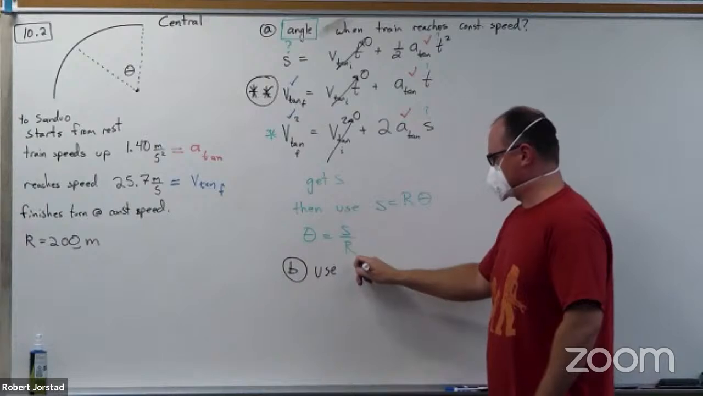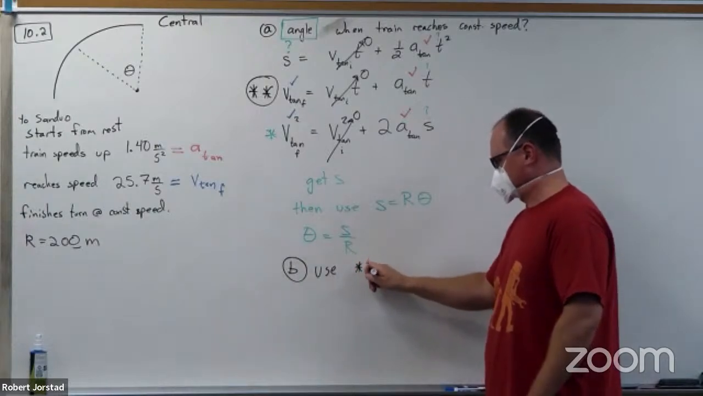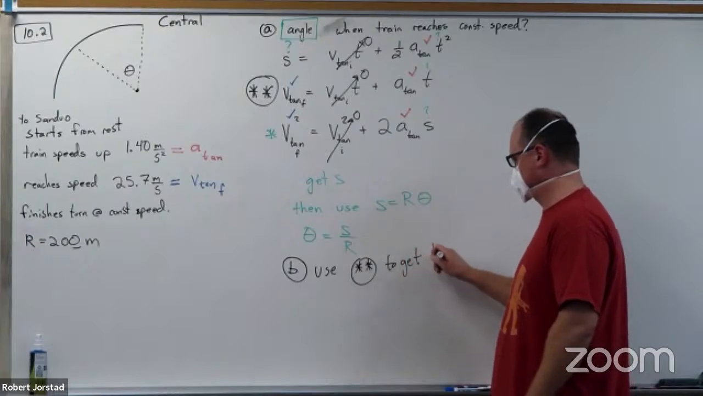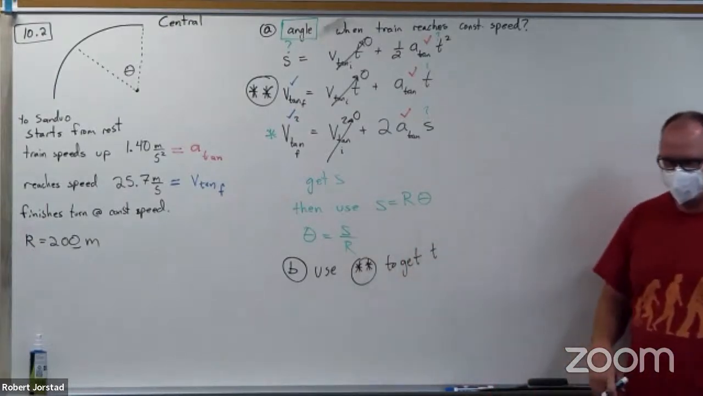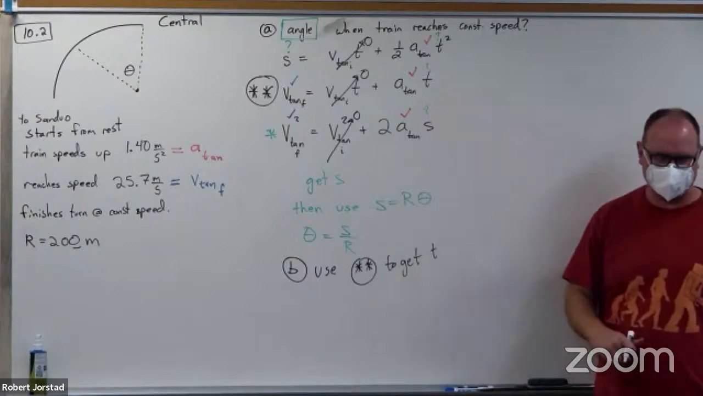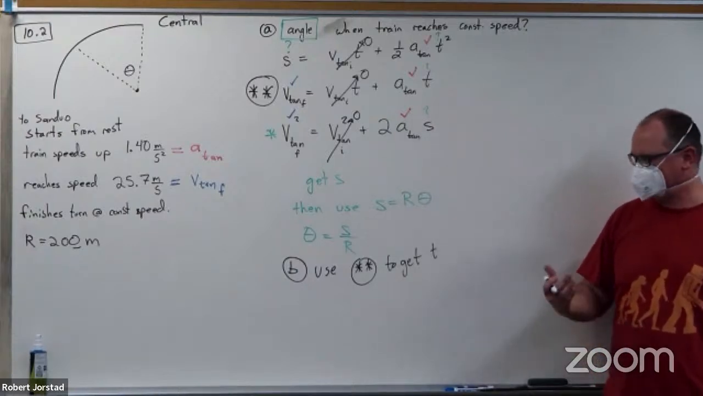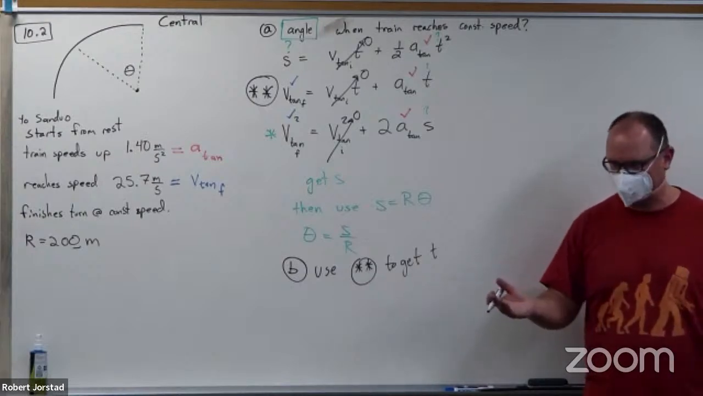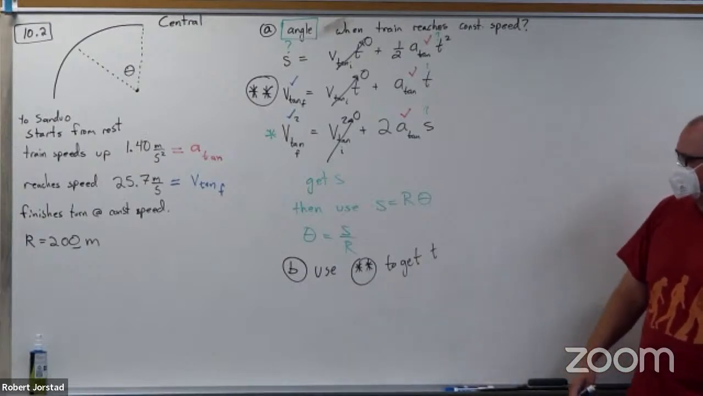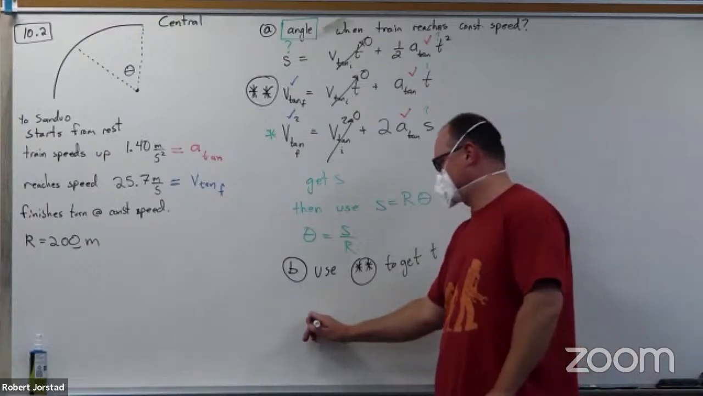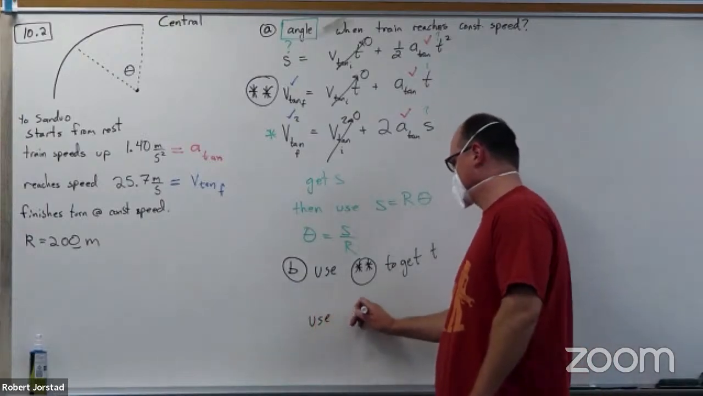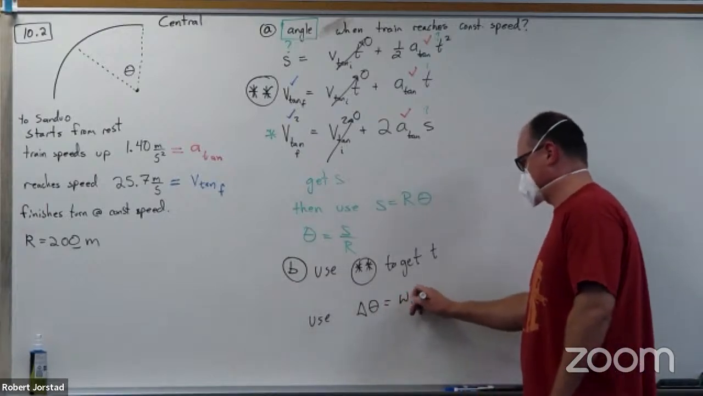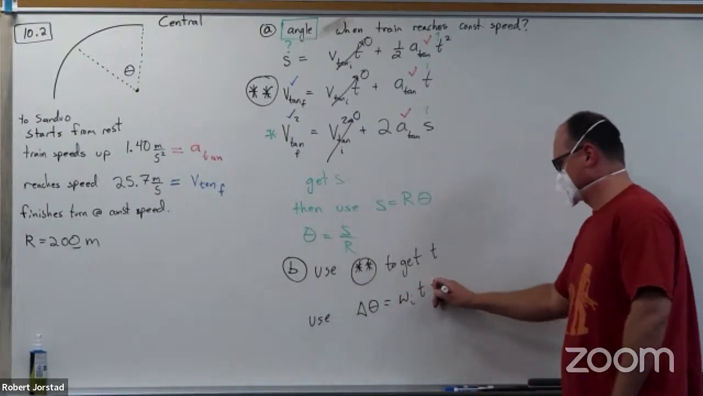Do you agree we could use that double star equation to get time? I could use this equation to figure out the time. After that, that tells me the time at which the two stages split. Right? We could use delta theta equals omega initial t